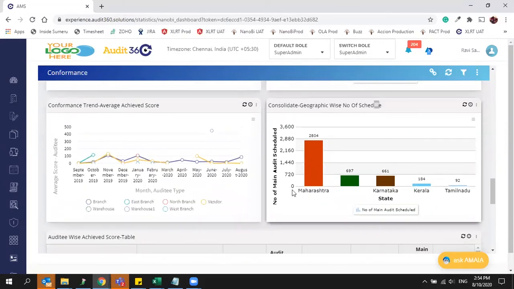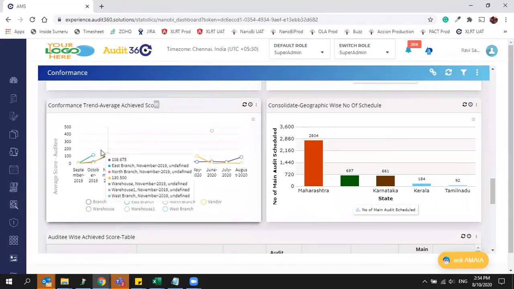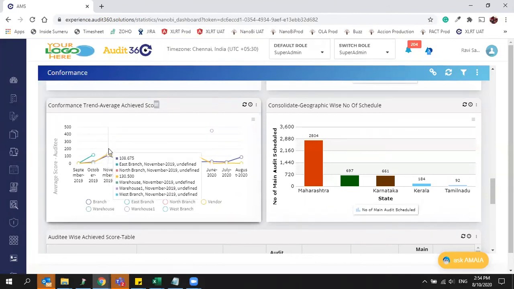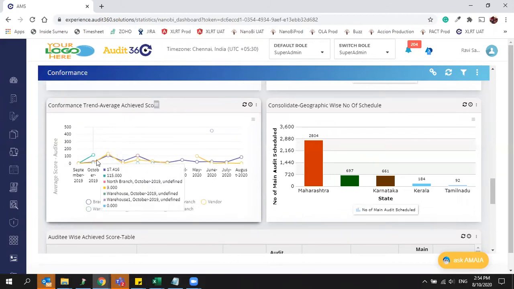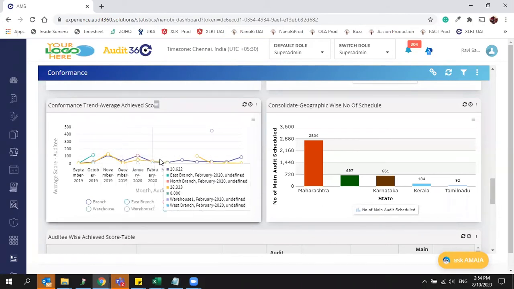Now we have included some trend charts within the default dashboard, which earlier was not accessible. Now you can see your achieved score at the audit type level.